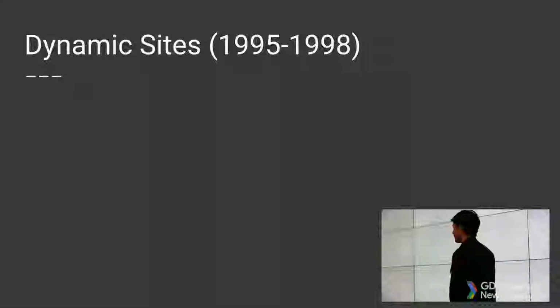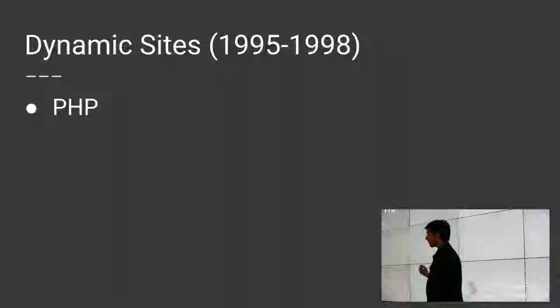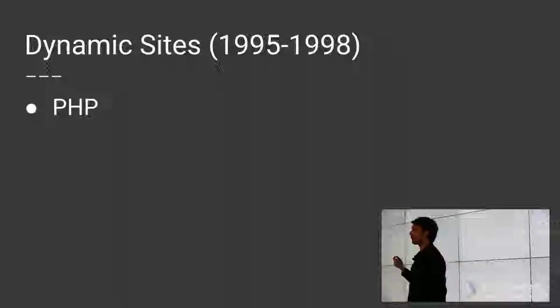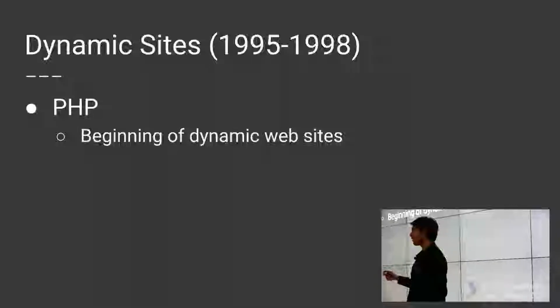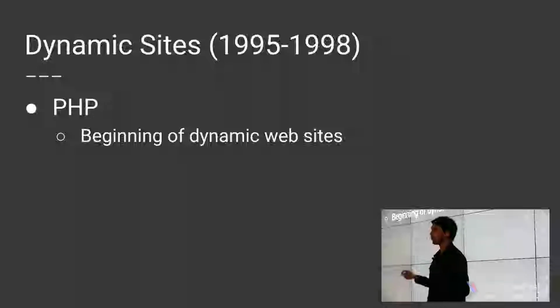So, like I said, dynamic sites started roughly in 1995, and the first thing of prevalence, and it's still prevalent today, is PHP. Prior to PHP, you would have websites that were just plain HTML, that when you hit up a URL, the content was transferred over, and it was just the same content for every user. In this case, you're still receiving the same content for every user with PHP, but what ended up happening is something that we call SSR, server-side rendering, where code was automatically generating the pages that were going to be displayed